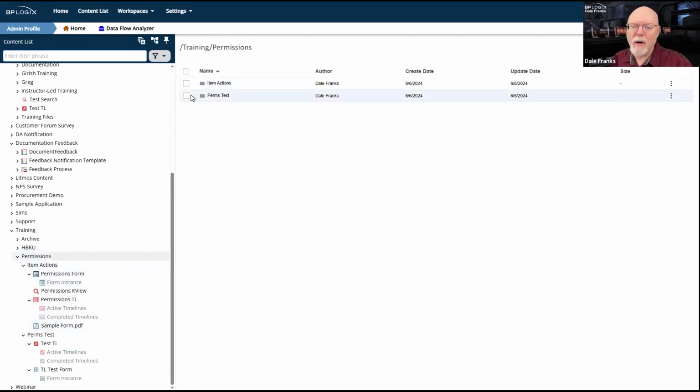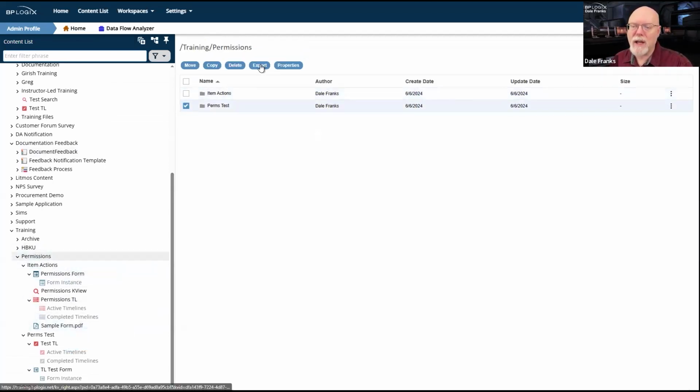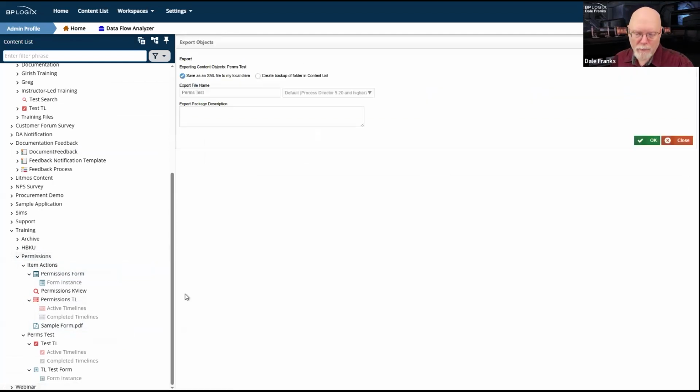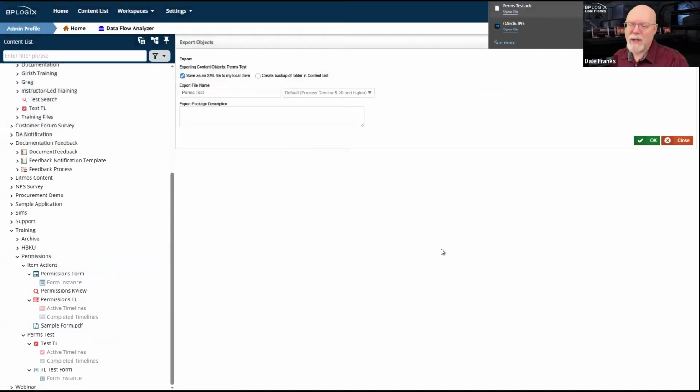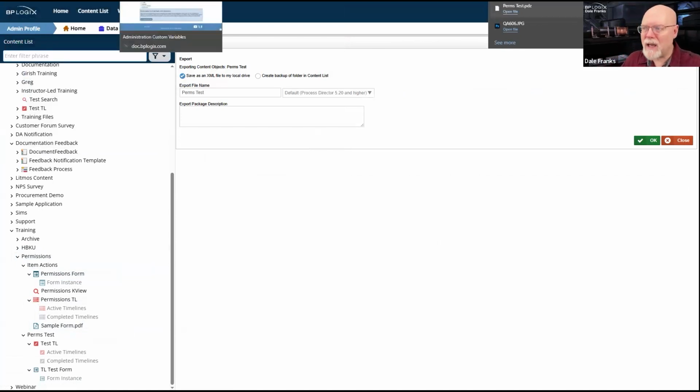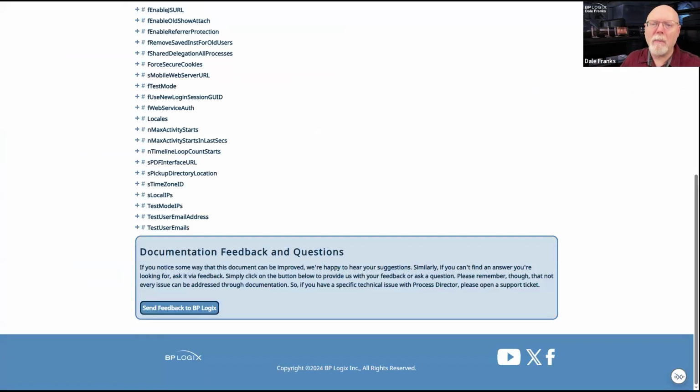So if I go into here and I go to my perms test and I click export, and okay, it's going to want me to save as perms test.pdz. And now in that PDZ file that I just saved, my permissions have been stripped.